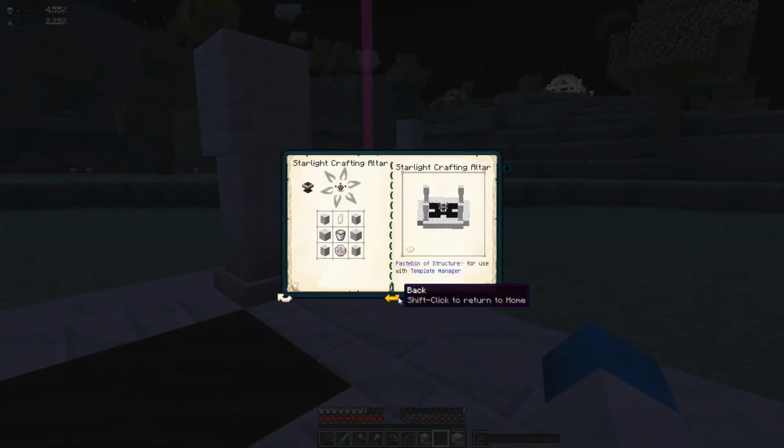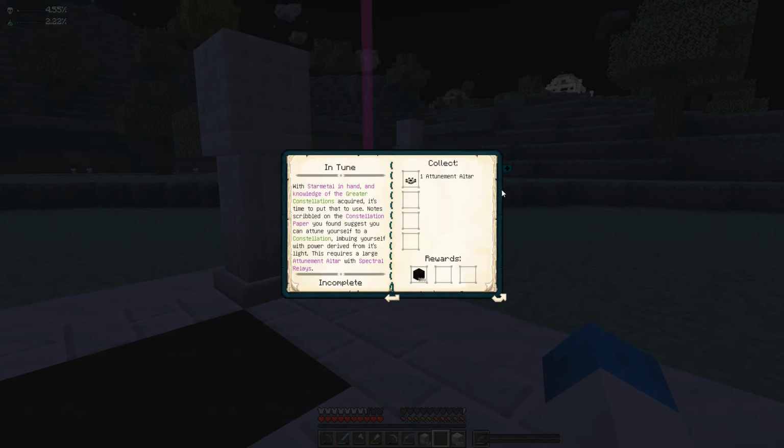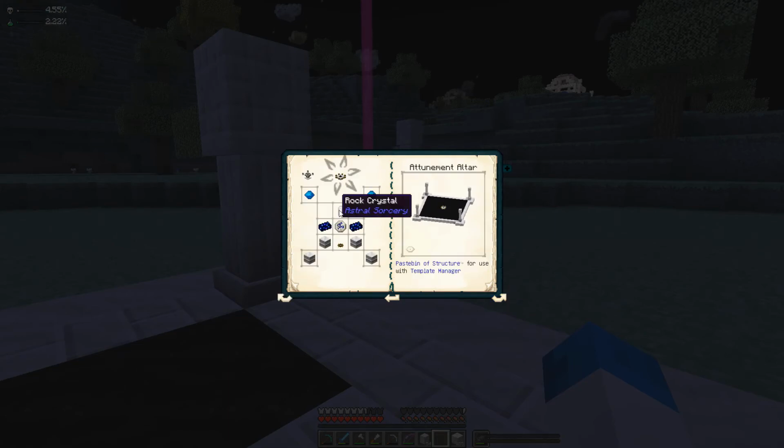Let's go back to this. So we need to make ourselves the attunement altar. Now the attunement altar actually requires a couple of things that we don't have. The star metal ingots, we've got some of that. We've got the rock crystal there. We can make the rune of starlight, not a problem, and the spectral relay is pretty easy. So all of this stuff is easy to craft. It's just being able to get...